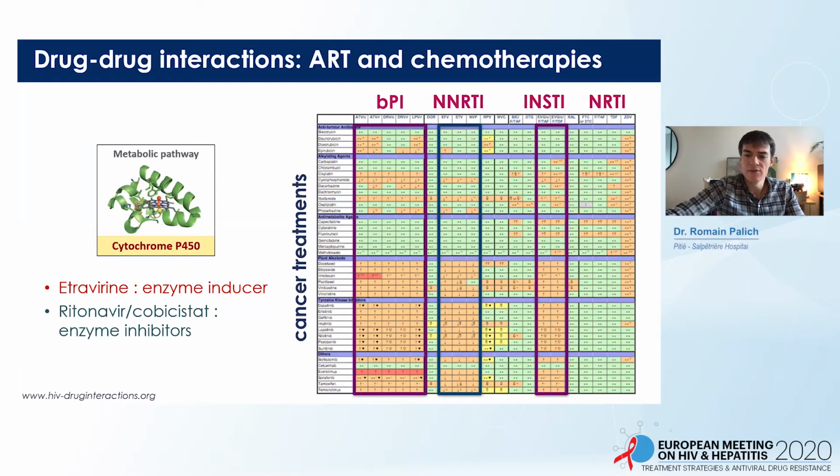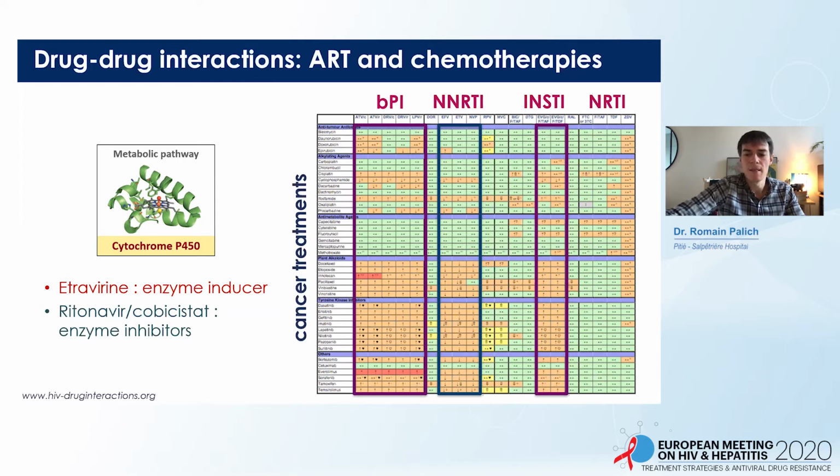Antineoplastic and antiretroviral drugs share metabolic pathways, especially cytochrome P450, which can generate drug-drug interactions. Etravirine strongly induces cytochrome P450, and the risk is the inefficacy of the antineoplastic treatment. By contrast, boosters like ritonavir or cobicistat inhibit cytochrome P450, and the risk in this case is a significant increase in concentrations of antineoplastic drugs with a risk of severe side effects. In much less frequent cases, it's the cancer treatment that can modify the concentrations of ART,